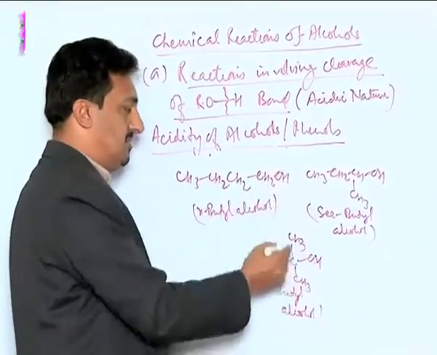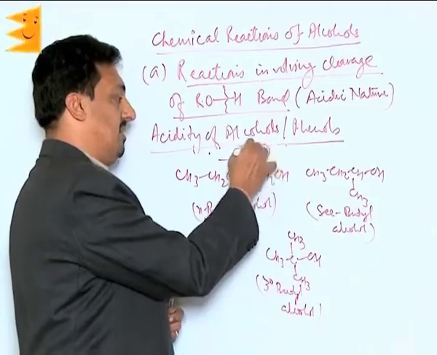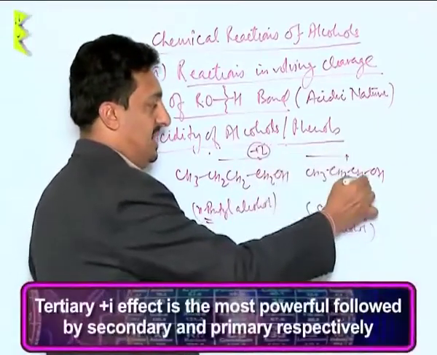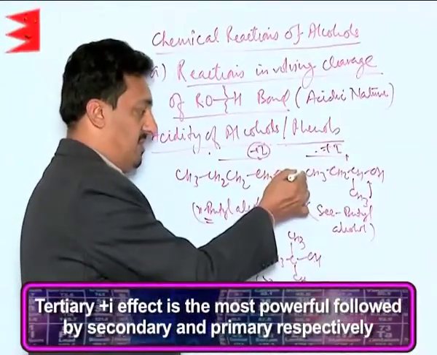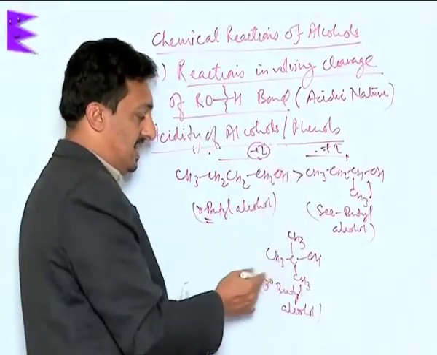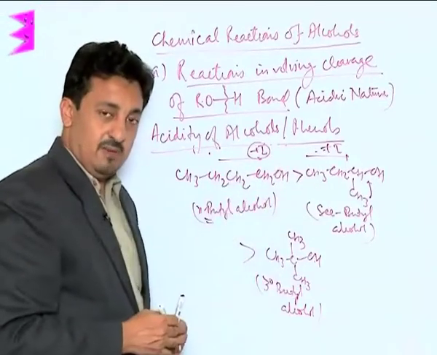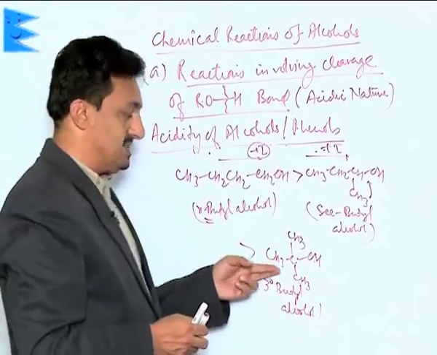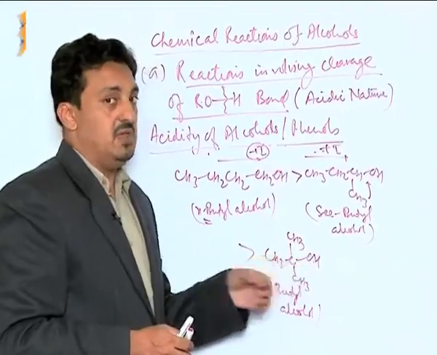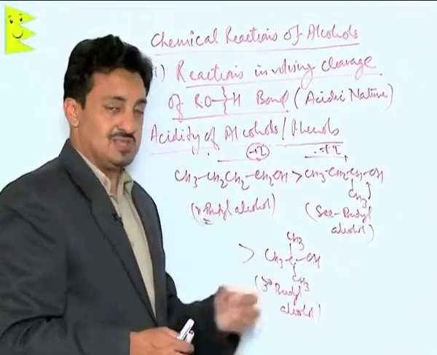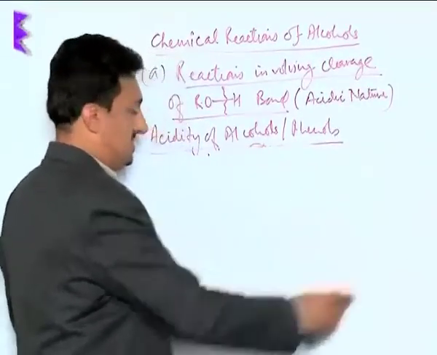So the most acidic out of the three will be the primary one, because here we are getting plus I only from one side, whereas the secondary's plus I is much more powerful, and the tertiary's plus I is the most. That is why the tertiary ones are least acidic in nature. The reason is that the plus I increases the electron density on this oxygen enormously, so the H is released to the least extent out of these. And then let us now see the case of phenol. Like if we compare